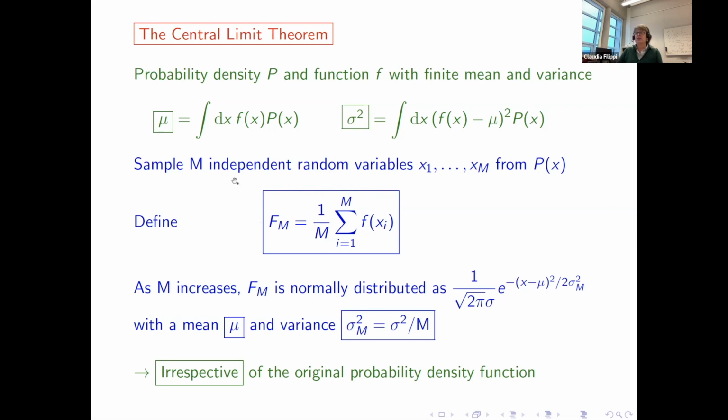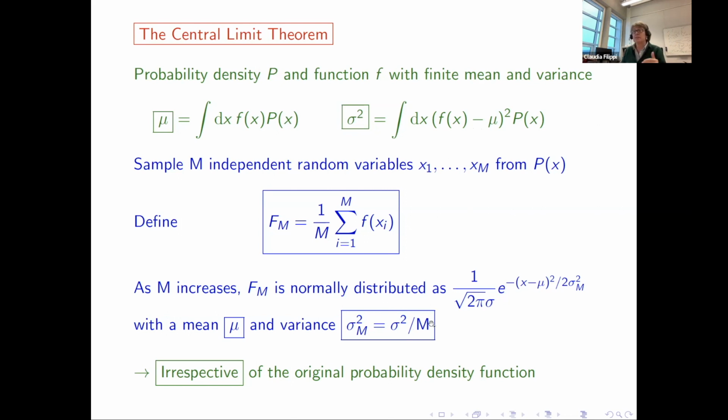The central limit theorem tells you that as m increases, the estimator will be distributed normally, according to this Gaussian, and the mean of the Gaussian is mu, your target, whatever energy or integral. The variance of your estimator goes like sigma squared, the fluctuations of the local quantity, divided by the total number of Monte Carlo samples.